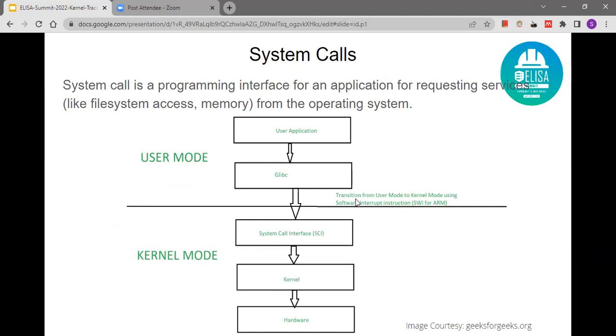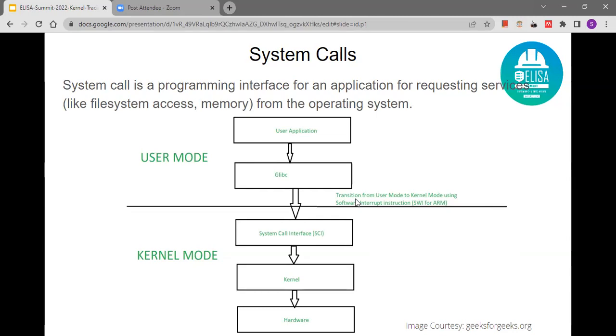So I would like to start this discussion with system calls. If a user space application like Chrome wants to access any kernel or hardware resource, then it has to issue system calls. User space applications don't have the permission to directly access the hardware resources. So in order to use the hardware resources, the user space programs have to make system calls to the kernel, and then the kernel services their request. So the only way user space applications can use these resources like file system and memory is with the help